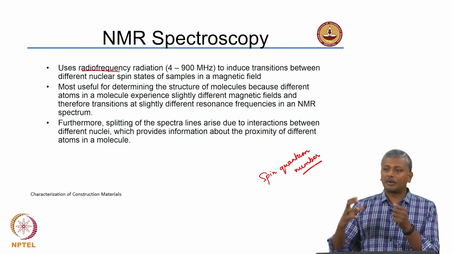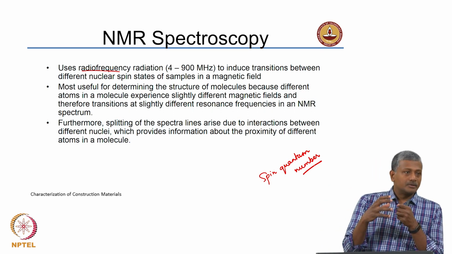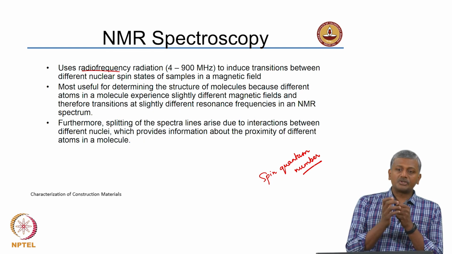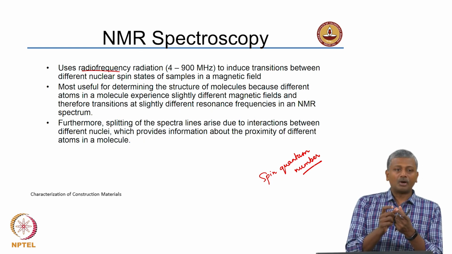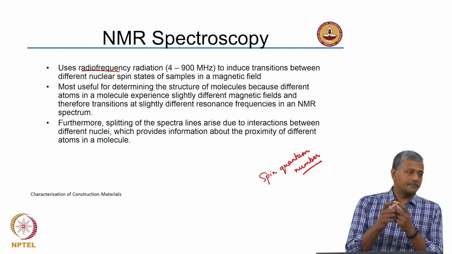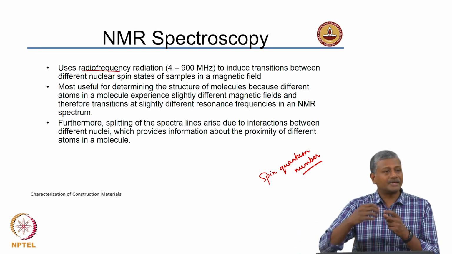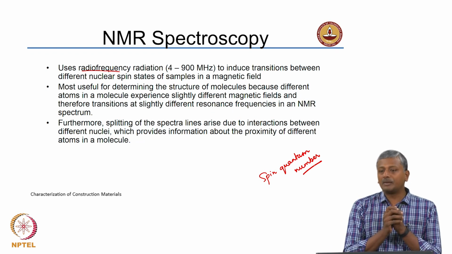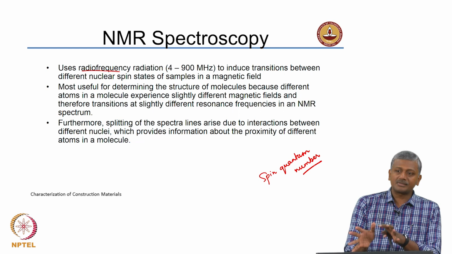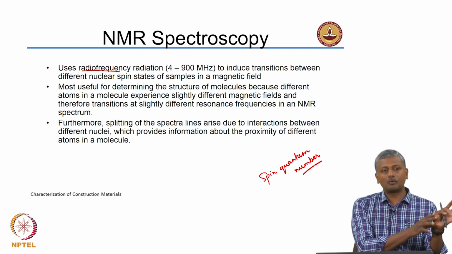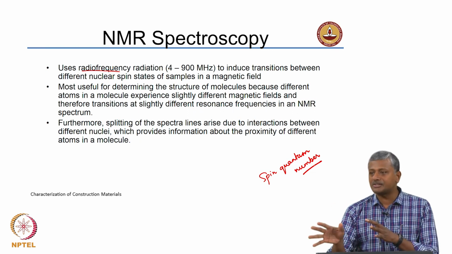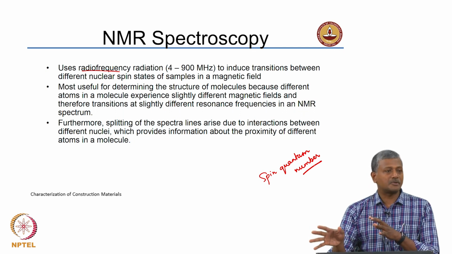So, what happens is when you apply radio frequency radiation, this spin may change as a result of absorption of that radiation. The change in spin is characteristic of a certain energy being absorbed. In other words, if the spin wants to come back to its original ground state, it has to re-emit that energy, and detecting that re-emitted energy will give you an idea about what kind of element was actually present in your sample. Same sort of analysis as we had in the other means of spectroscopy. All you are doing is introducing radio frequency waves which generate different kinds of transitions in the species that are present in your sample.